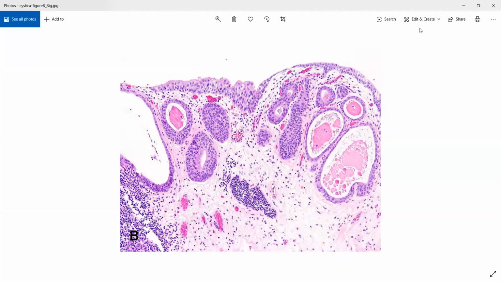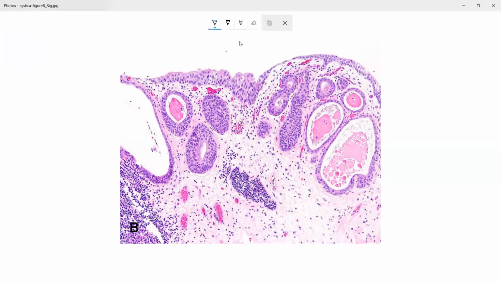So these nests that you are seeing, one second, I'll highlight them. If you can see the circles that I'm drawing, these nests are epithelial nests. They are called Brunn's nests, and epithelium will enter into deeper layers of your bladder and start proliferating there, making proper sacs of epithelium. That is called cystitis cystica.